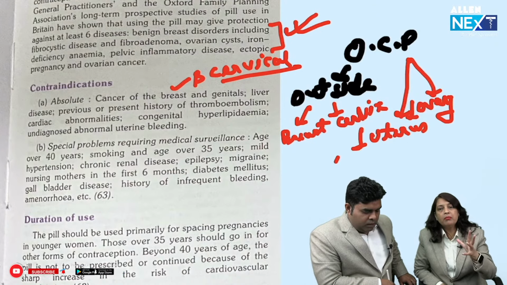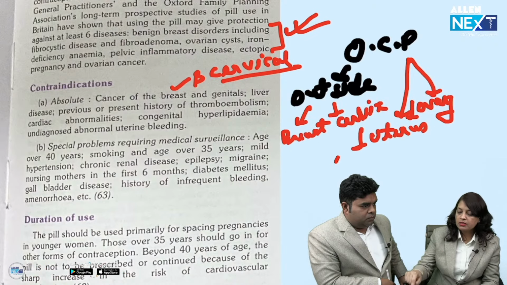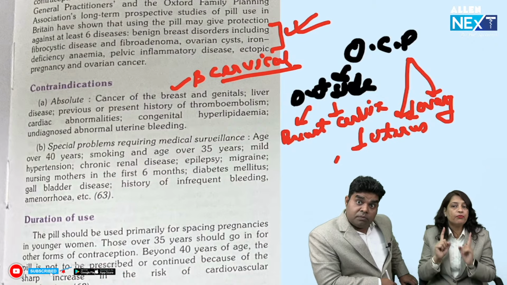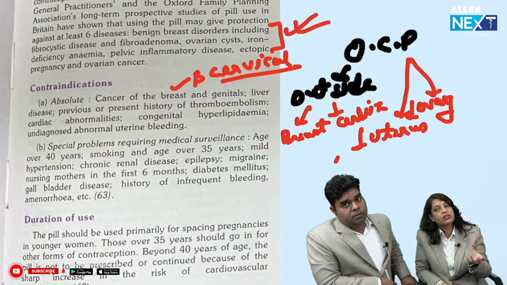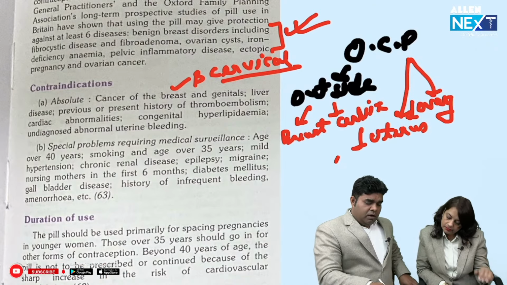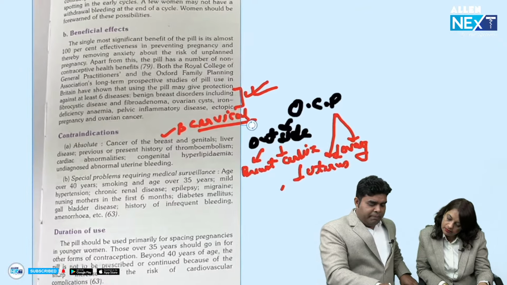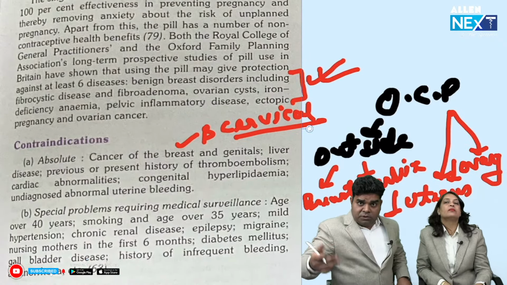Because they want to twist the question, they can ask congenital hyperlipidemia. If congenital hyperlipidemia is written, it is absolute. If it is written hyperlipidemia, then it is relative. And of course, if they ask you the benefits of using OCP, what are the extra uses, then